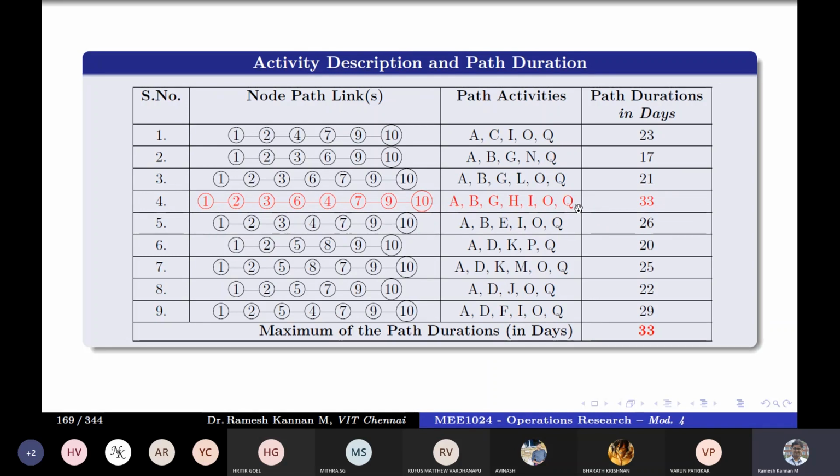The reason they are called critical activities is that those activities will not have any float time. They do not have any buffer time, or zero buffer, which means they don't have any time to relax. They have to finish the project. Those activities have to be completed at the stipulated time, not more or not less. So as simple as that.